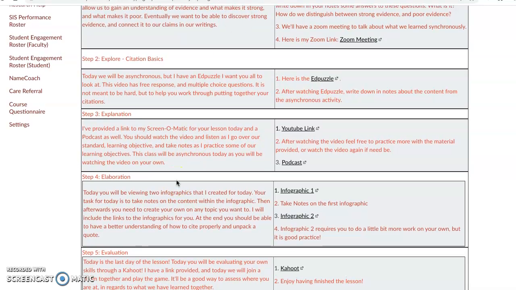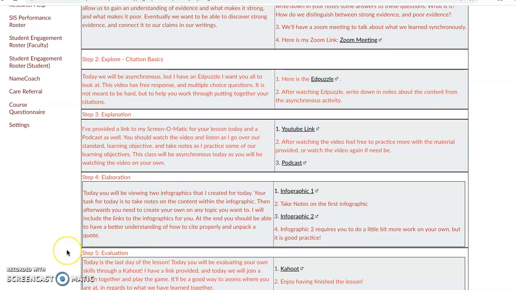Finally, step number 5, evaluation. The evaluation portion is the teacher's way of deciding whether or not you were able to understand the material that we covered in the lesson plan. An evaluation could be a game, a test, a quiz, a project, or any sort of